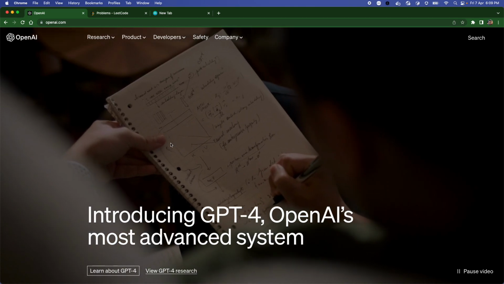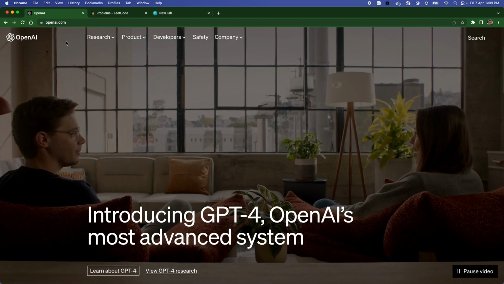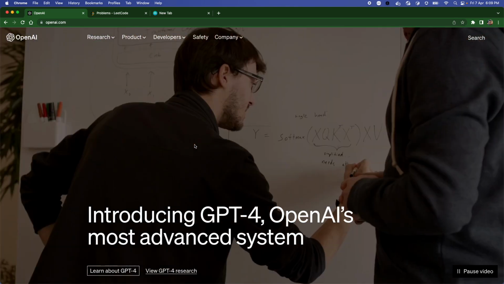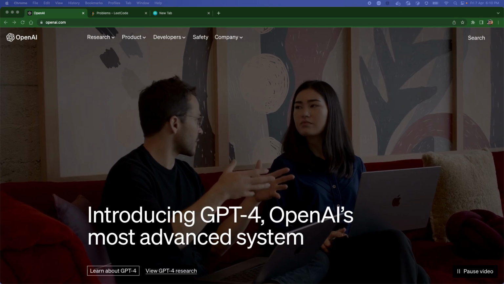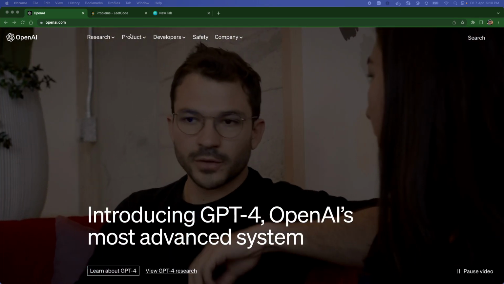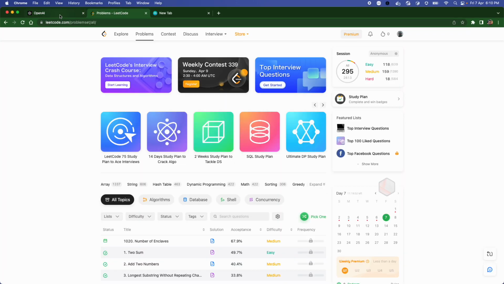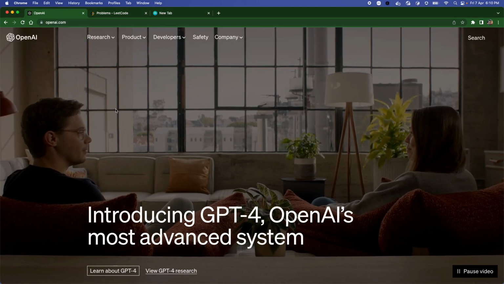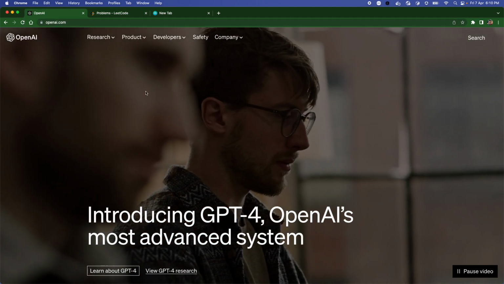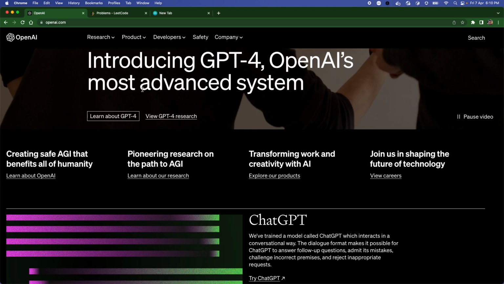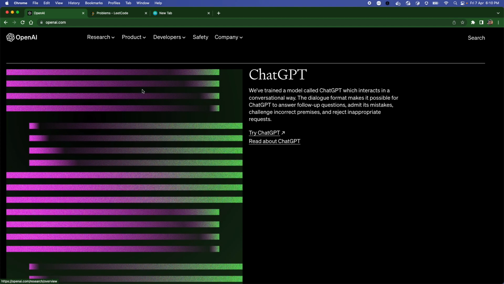We'll talk about how capable OpenAI's ChatGPT is. Recently, I was just exploring ChatGPT, and in the meantime, I was also solving some problems on Leetcode. Out of curiosity, I thought, let's see if OpenAI's ChatGPT can solve problems on Leetcode. So let's explore that and analyze what it is doing.